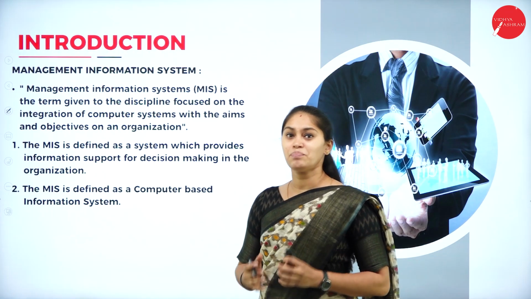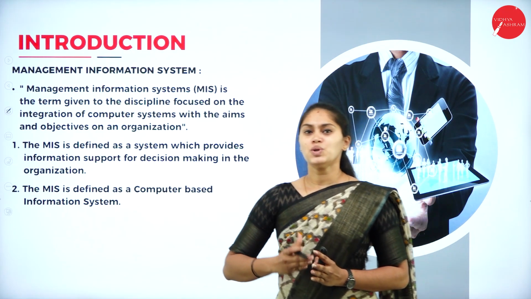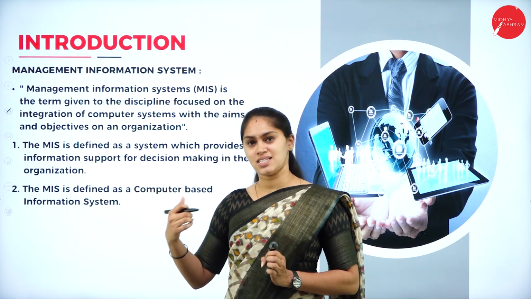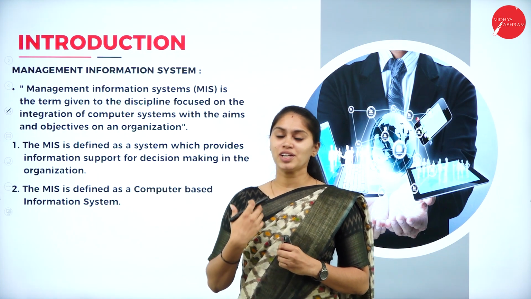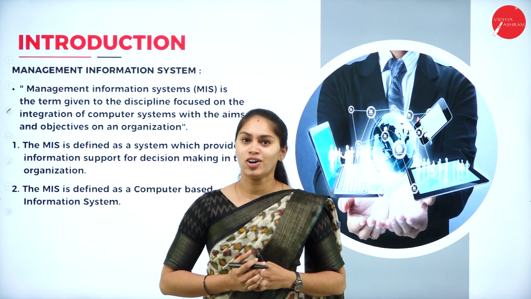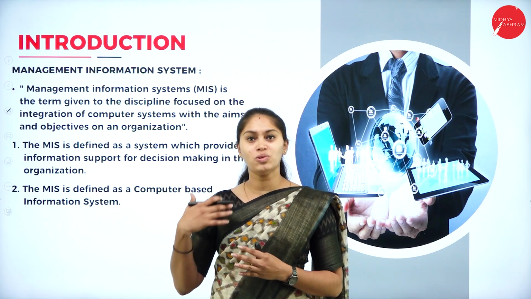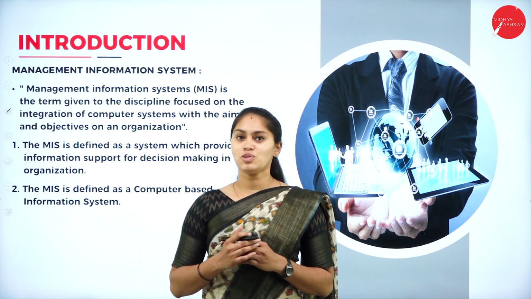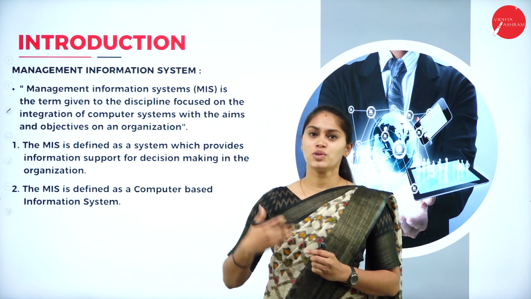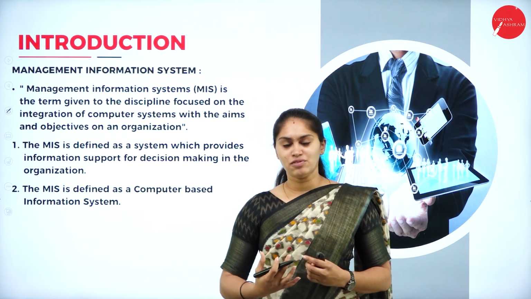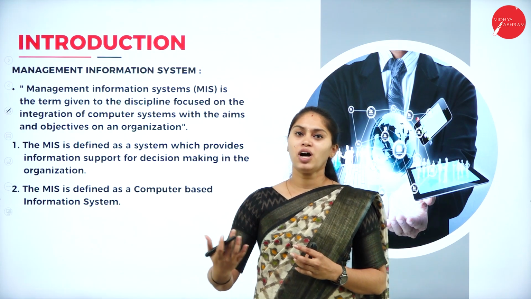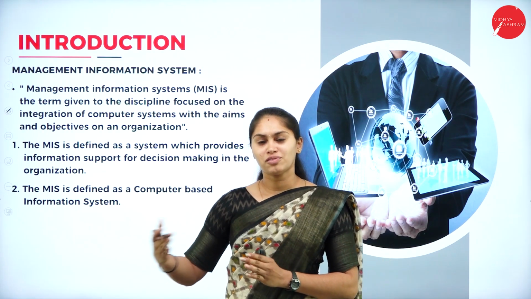So we'll see the first thing that is related to MIS. As the name indicates, MIS is Management Information System: how efficiently we are going to manage the information. As we all know, information is like an asset for the organization. It is related to money, time, and some resources. Information cannot be disclosed to our competitors. If the competitors get to know the strengths and weaknesses of our organization or enterprise, that is going to lead to loss of business.